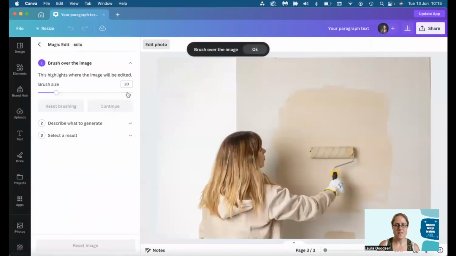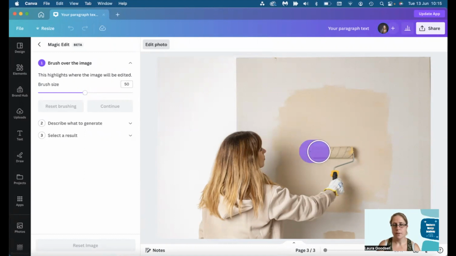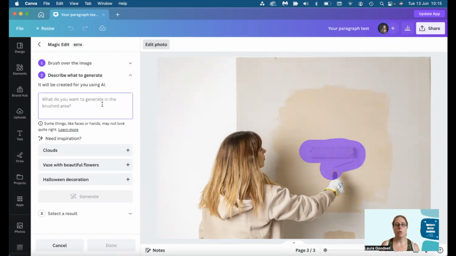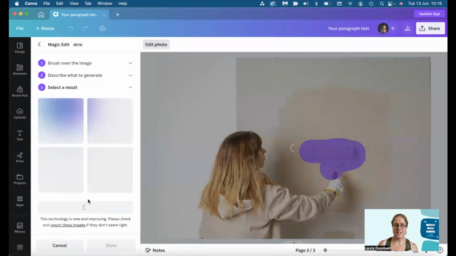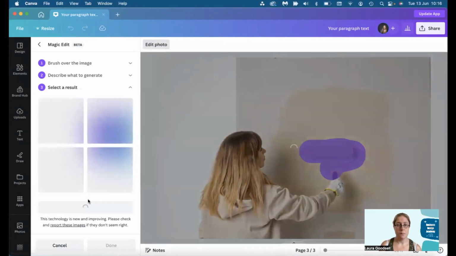If I click Magic Edit, again, it gives me a brush size, so I can adjust the brush. So I'm going to do that. So this is step 1. Again, you hover over the area you want to disappear. Okay. And then click continue. And what do I want to replace it with? Let's say I want to replace it with a spoon. Click generate image, and then Canva will create me 4 different images that I can then use to replace my